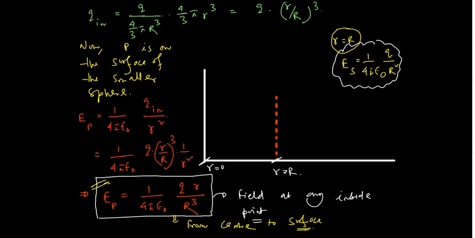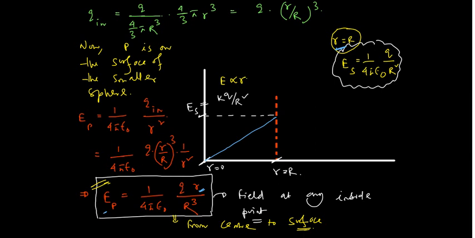In this region, E is proportional to small r. I hope it is clear to you, right? So that means here it will have a linear variation. It will vary linearly, increasing like this, because if you put r equal to 0, E will be equal to 0. If you put r equal to capital R, this is the field here. So what is the magnitude at the surface? At the surface, ES, we have just calculated, it is simply KQ by capital R square.